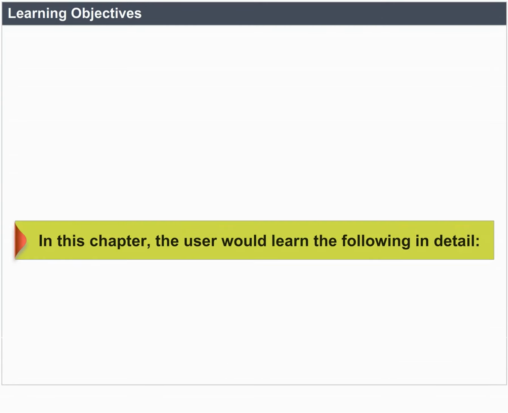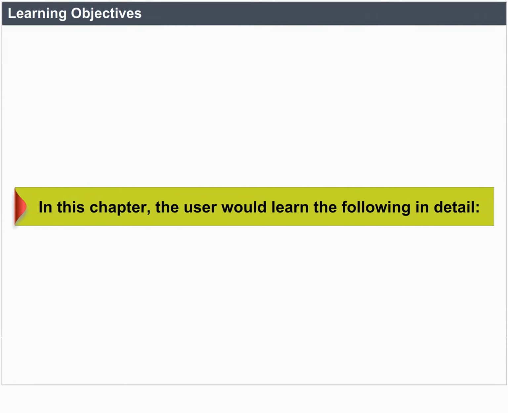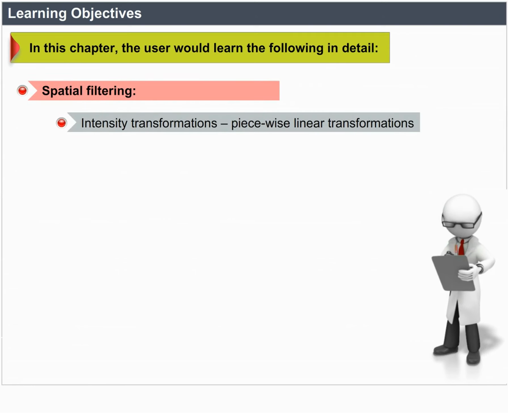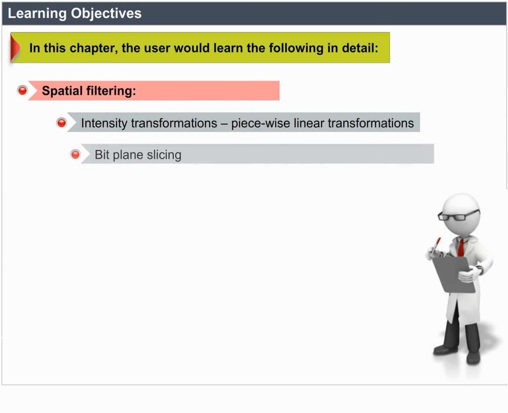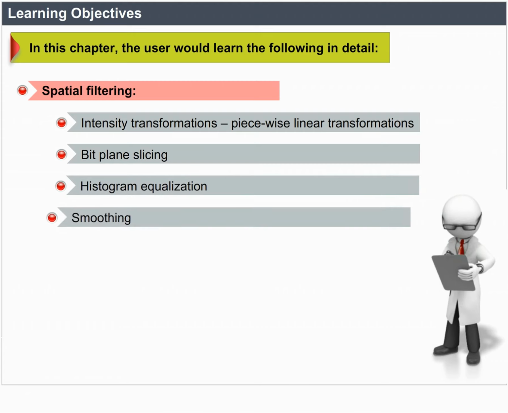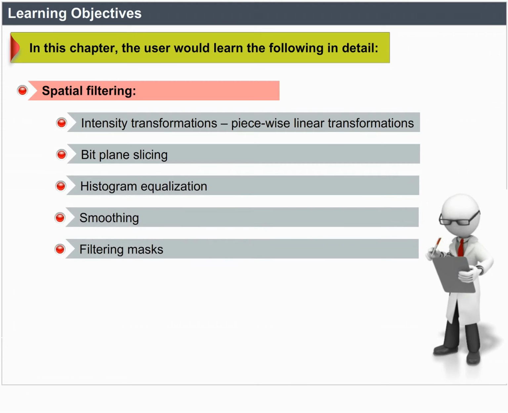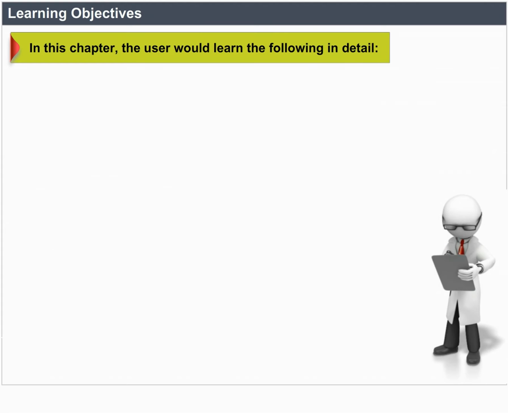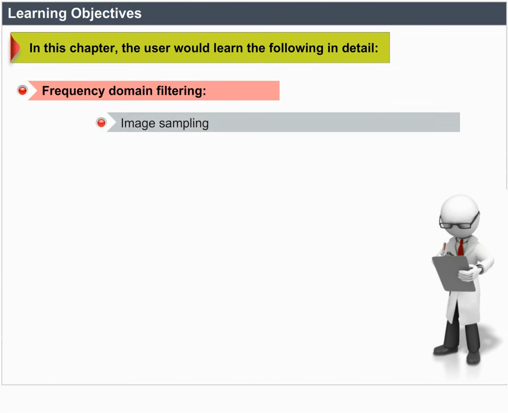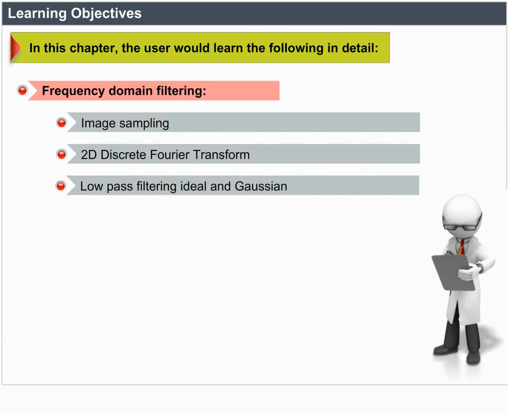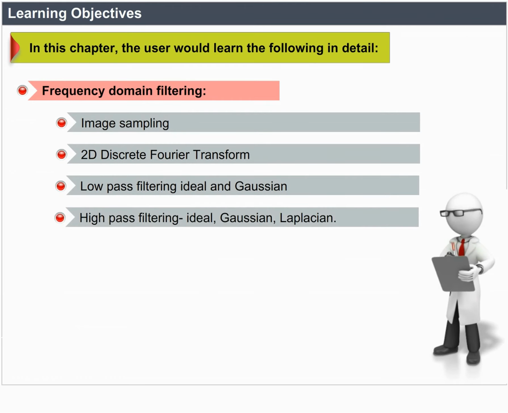Learning objectives. In this chapter, the user will learn the following in detail. Spatial filtering, intensity transformations, piecewise linear transformations, bit plane slicing, histogram equalization, smoothing, filtering masks, sharpening filters, gradient operators and